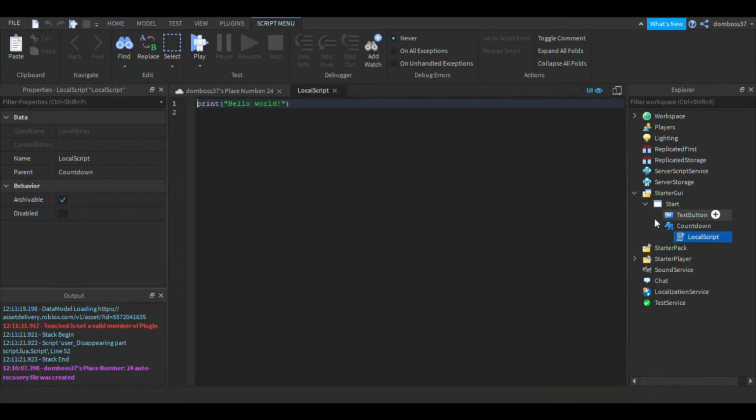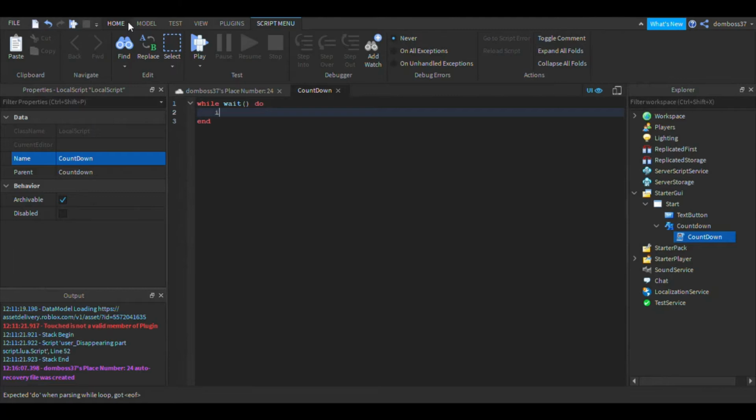Alright, and now what we can do is insert a local script inside of countdown. So just insert that, and we can rename this to countdown. Alright, so we'll do while wait do if script.parent.visible is equal to true, then script.parent.text is equal to 3, then we'll drop a line, wait 1,